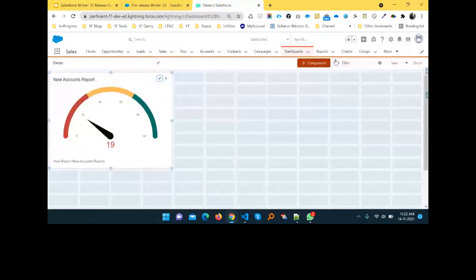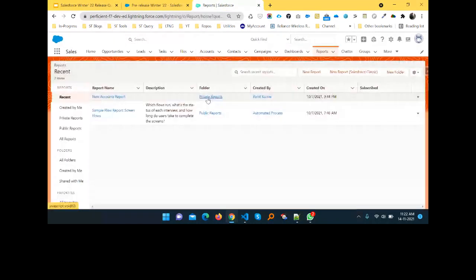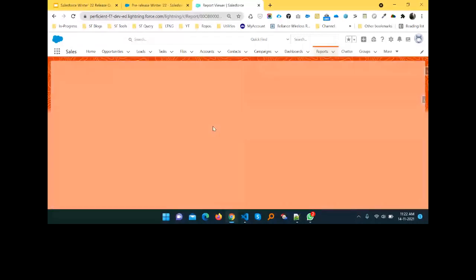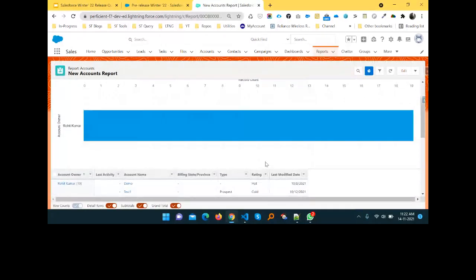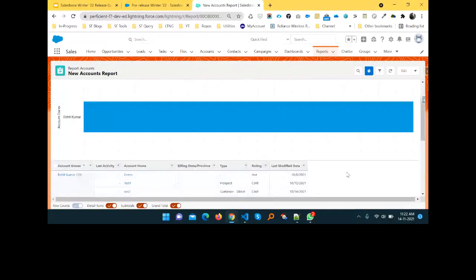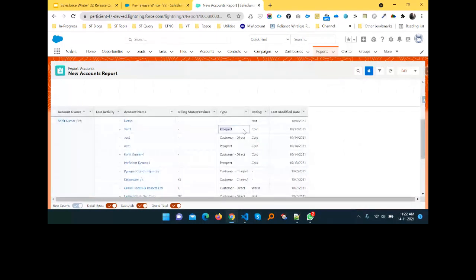Just click this, close this, and open Reports, and click the account new report, and here you can see my report, right? Now you can adjust this one, but this feature is still not available right now here. Once I double click here, it is still not editing inline, it looks read only.